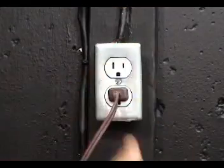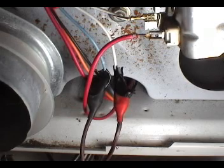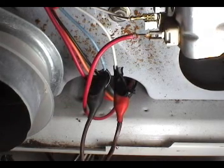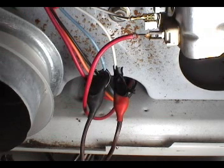Connect the test cord to the wall outlet. If the motor is good, it should start running with no effort like this. If the motor growls, has a hard time starting, or it doesn't start at all, the motor is bad and it must be replaced. To test the motor to see if the motor overheats, let the motor run for 60